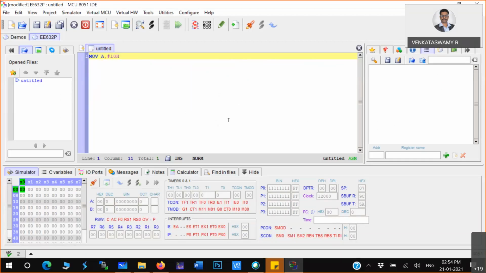If you use a semicolon, that will be used as a comment, so you appropriately mention it, say data transfer operation, moving 10 to accumulator. The interpreter, compiler or assembler will not consider that.